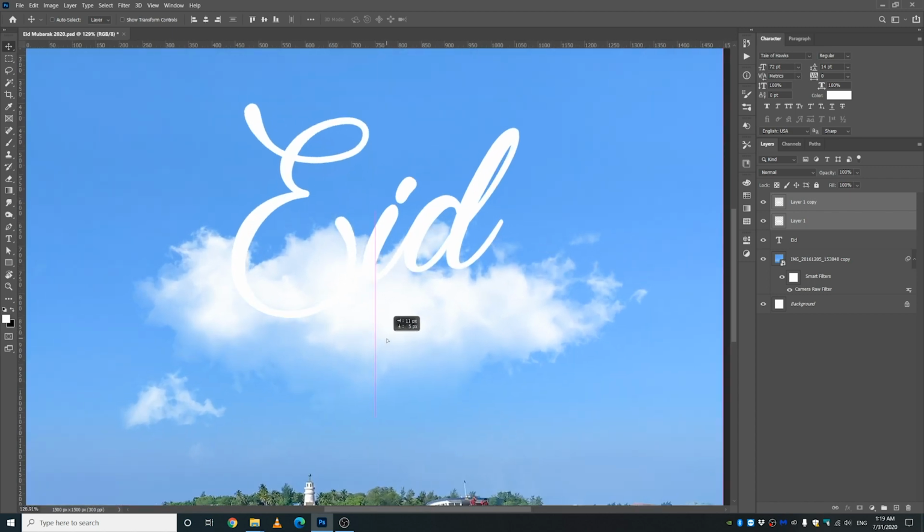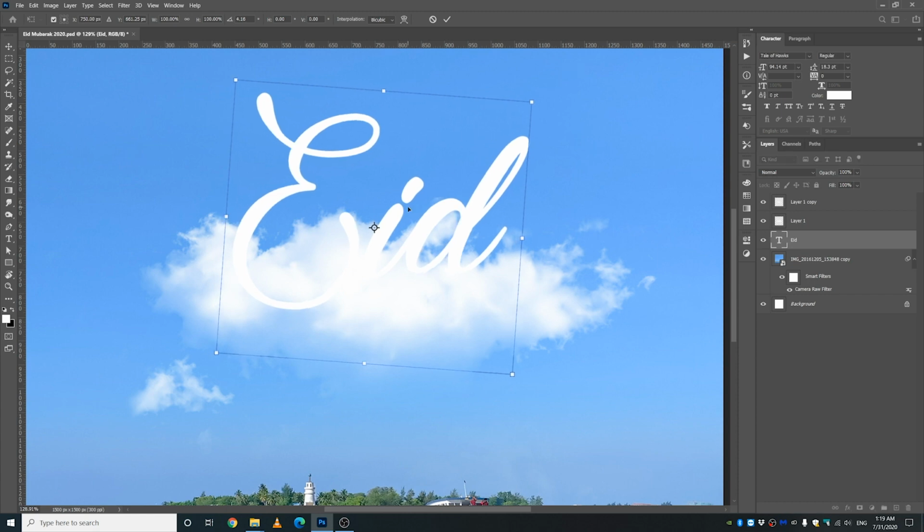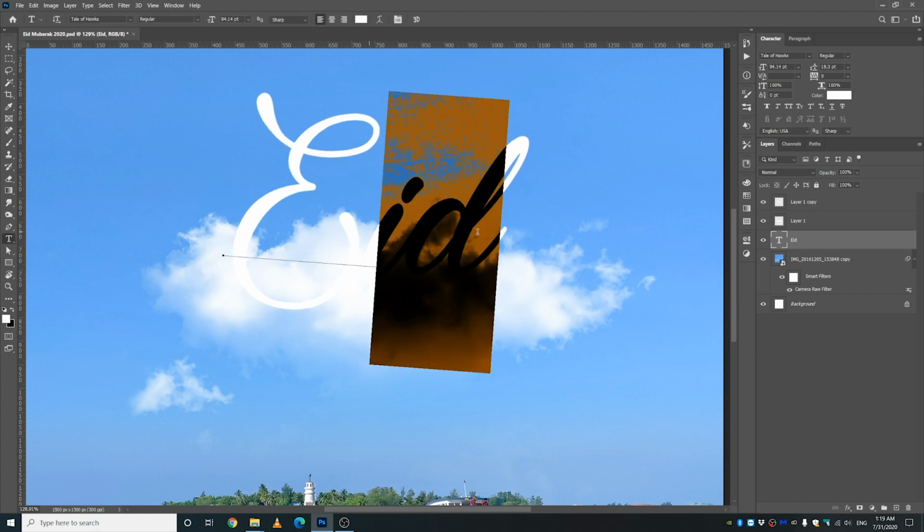I guess it looks okay. We can just erase this part if you want. Let's erase. Let's rotate this text. Press Ctrl T and rotate it. Press enter, or maybe